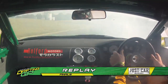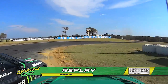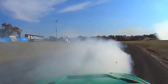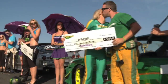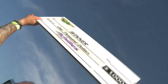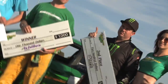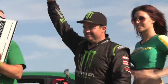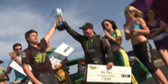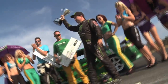The crowd and the judges wanted to see these guys go at it again, but Rob White's engine gave up the ghost straight after this battle. And that means the winner of round 4 is Luke Fink in the Halford Motors S14, continuing his drifting dominance here in Australia. Mitch Bunny took out the number 3 spot, Rob White in second, but he has sealed up the championship and he is our 2012 Just Car Insurance Australian Drifting Grand Prix champion in the Monster Energy